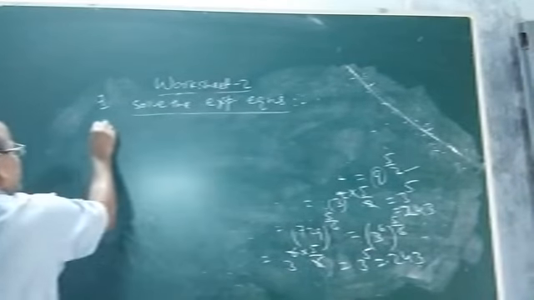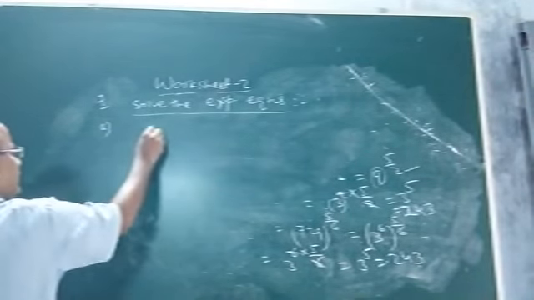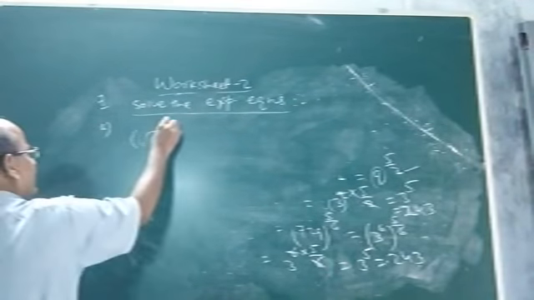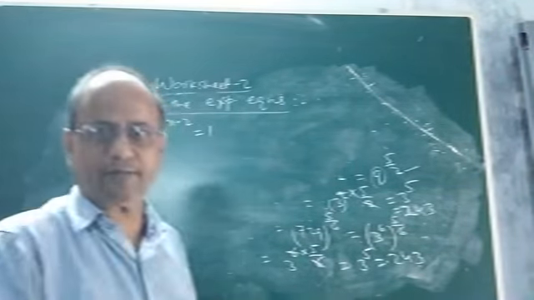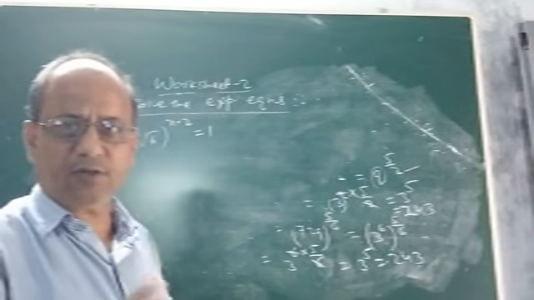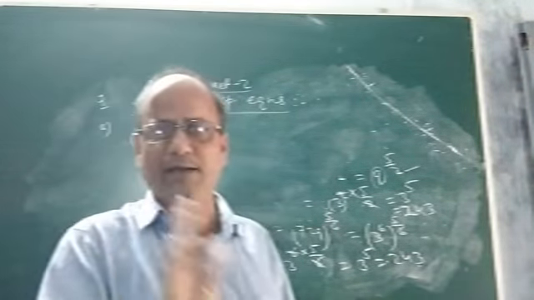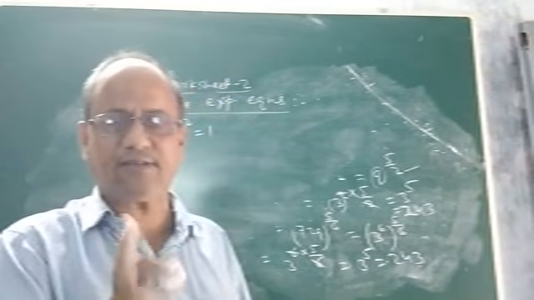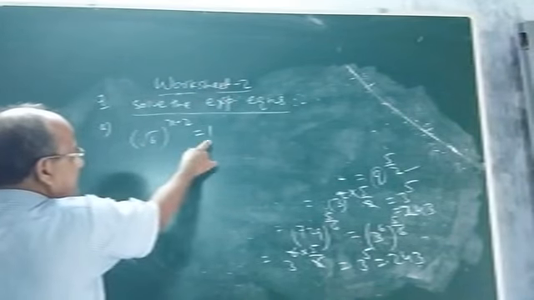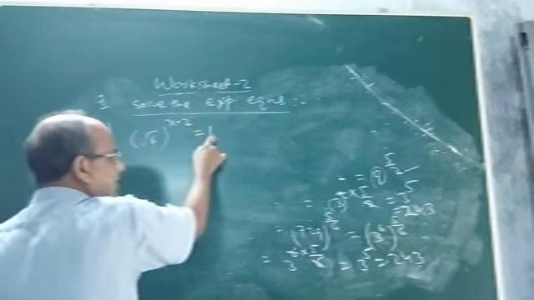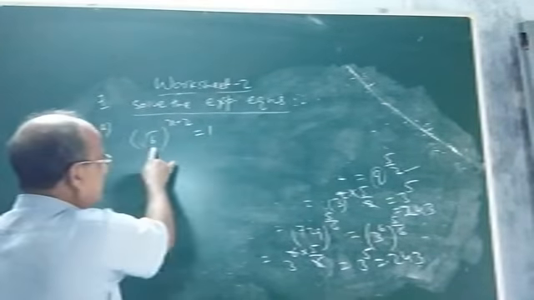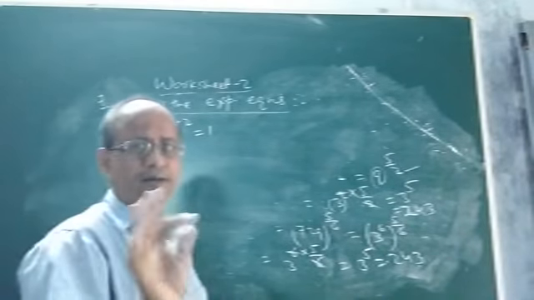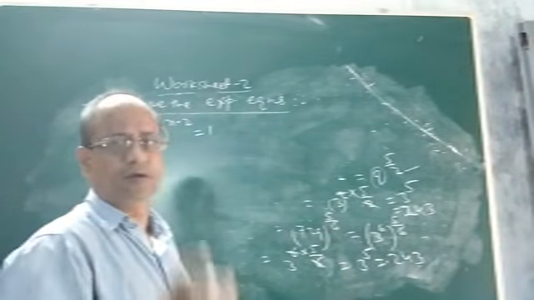What is the first equation? The first equation is root 6 whole to the power x minus 2 equal to 1. See, how to solve? Children, what are the steps? I hope you must have remembered. When we solve any exponential equation, the first step is what? First we have to make the base the same on both sides, LHS and RHS. But see, what is the base here? Root 6. On the other side there is no base, only 1. Now this 1 we have to express with base root 6. This side, the base must be expressed as what? Root 6.